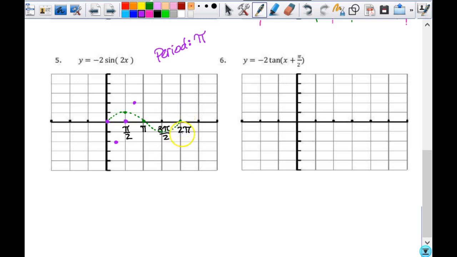Then this last point, I'm at 2 pi. My x value gets divided by 2, that gets me to pi. That's 0 times 2, and reflected is still at 0. So you can see how, just by getting this part in there,